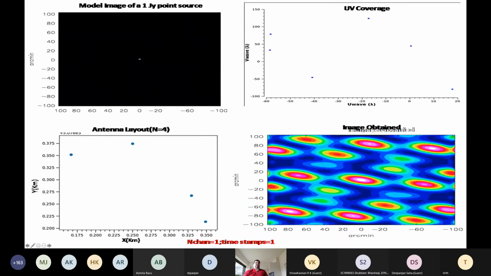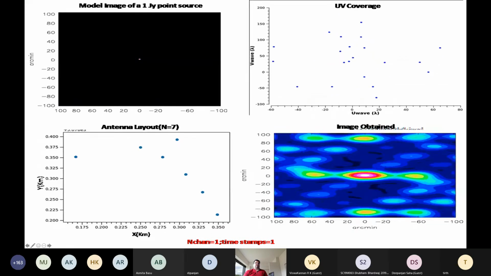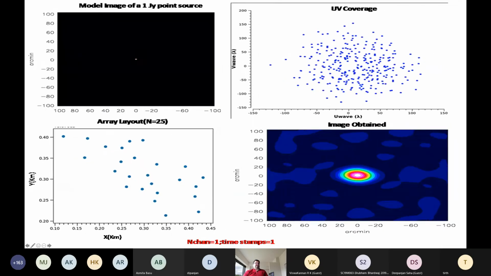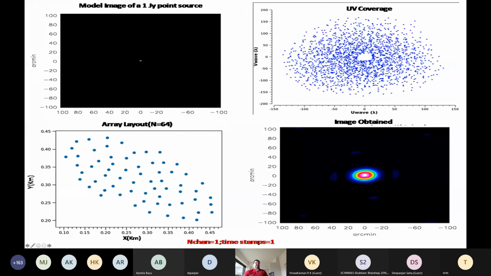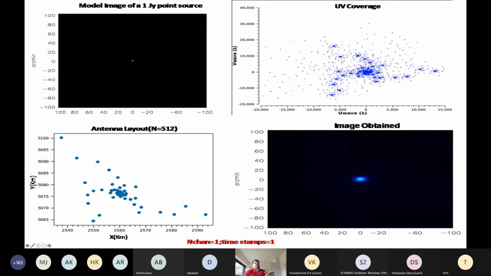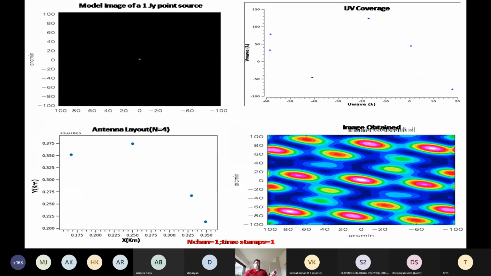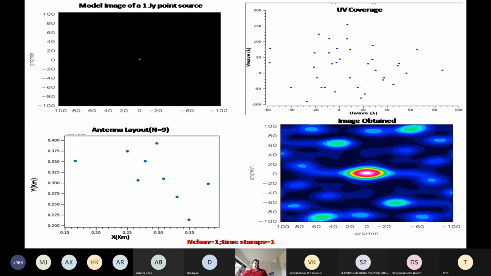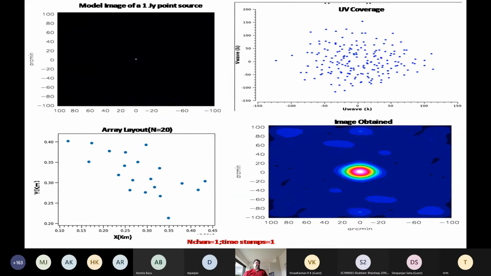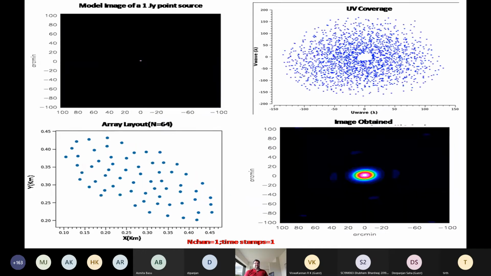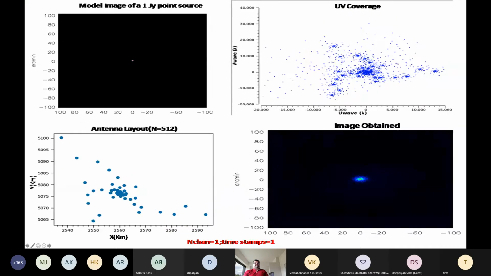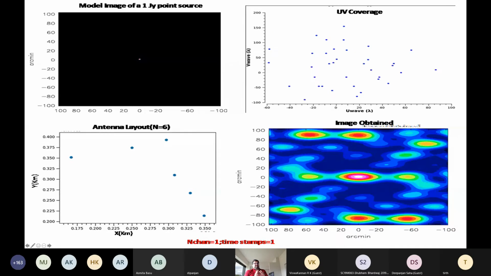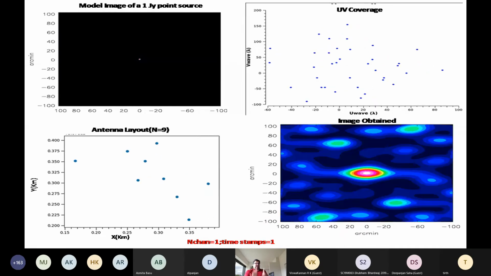So what we have over here in the top left corner is a 1 Jansky source in the field center. What we have below this in the bottom left is an array with a different number of elements. So it will go from 2 to 3 to 4, 5, 6 to GMRT, which is 30, and then 64, and then 128, and finally to 512, I guess. Okay. This is snapshot imaging. So every pair of antenna is observed for just 1 timestamp.